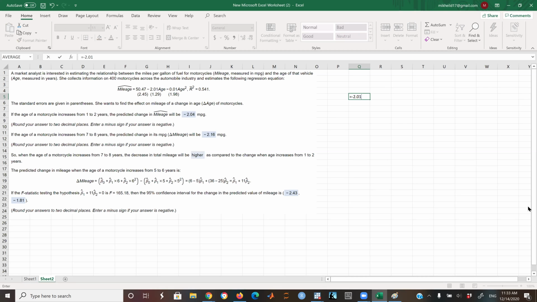And beta 2 hat is minus 0.01. Plus 11 times minus 0.01. Plus